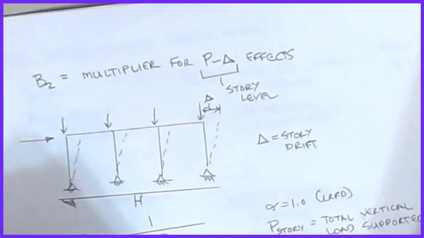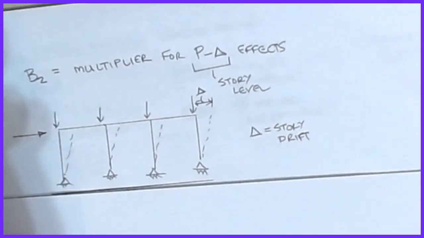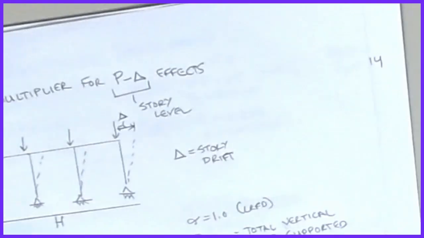Okay, so nothing too major. Okay, B2 is a little bit more involved. And again, this is that multiplier for our P delta effects. So we've got our story drift, which is our delta, and so the formula for B2,